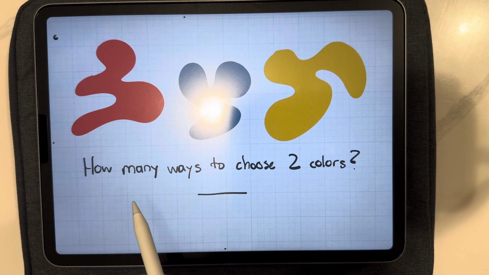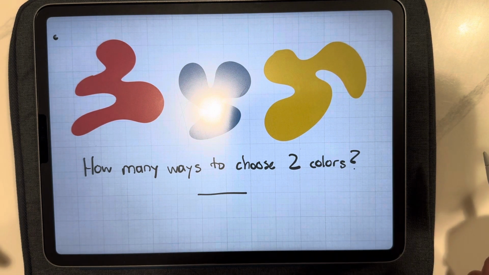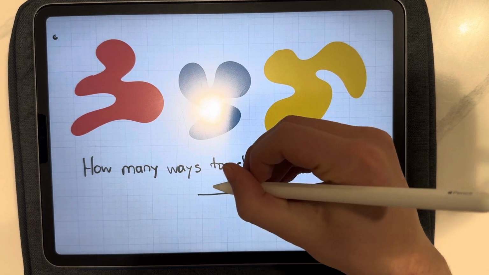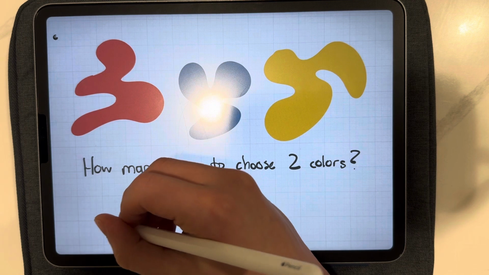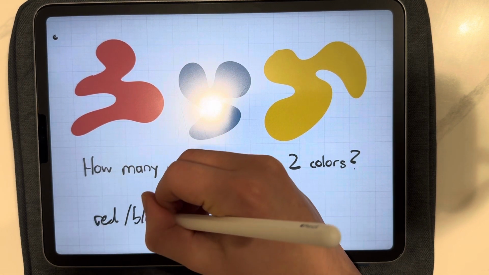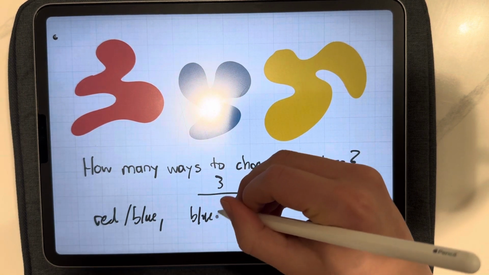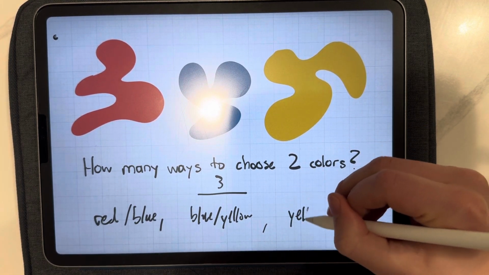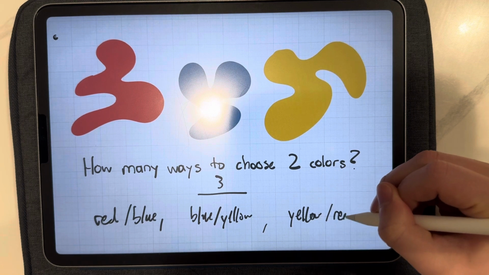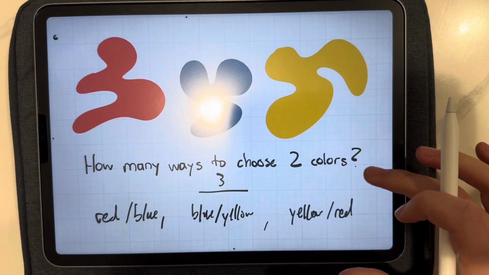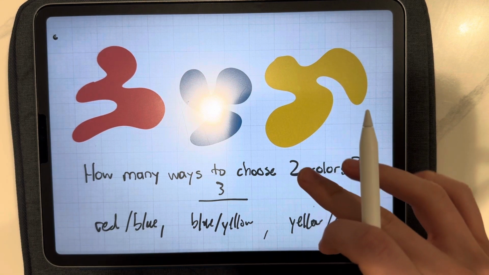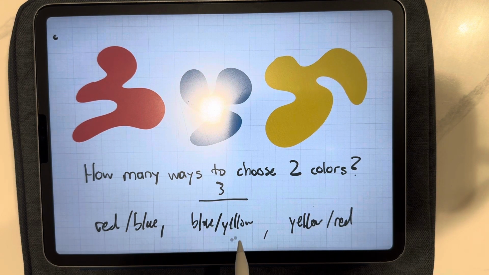So let's look at this example of colors. How many ways can you choose 2 colors? I'd recommend that you pause and try it out. The answer is 3. So you could choose red and blue, blue and yellow, or yellow and red. And so this is what's called a combination because you're just asking for the combinations. If one of your choices was yellow and blue, those are the 2 colors you chose,